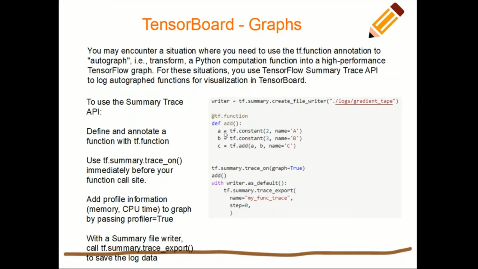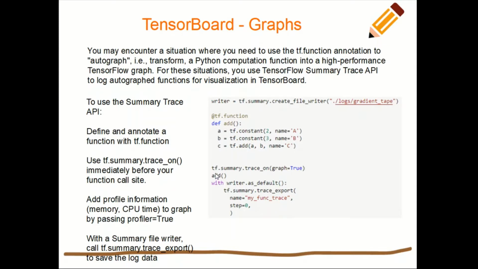So we are creating the tensor A and tensor B, and then we are adding A and B, and a tensor C is created out of these two tensors. Now, if you want to capture this particular graph and visualize it in TensorBoard, first we have to create a writer. There is an API called tf.summary.create_file_writer. You just give it a parameter called the directory, some directory where we want to capture those logs.